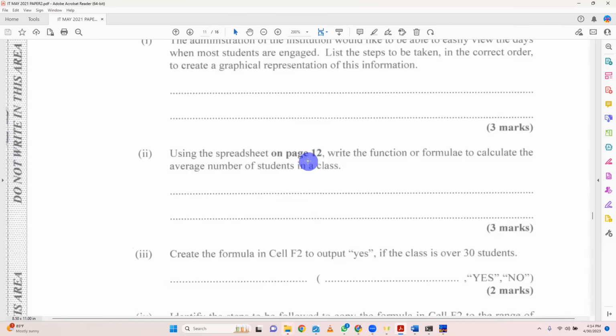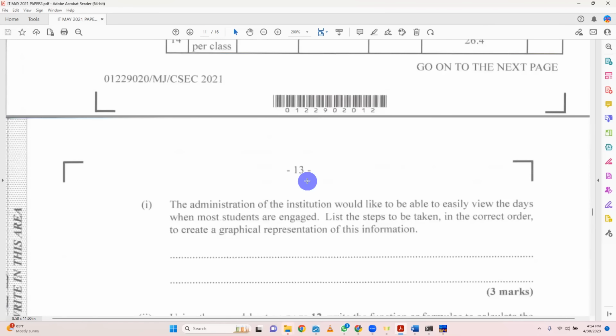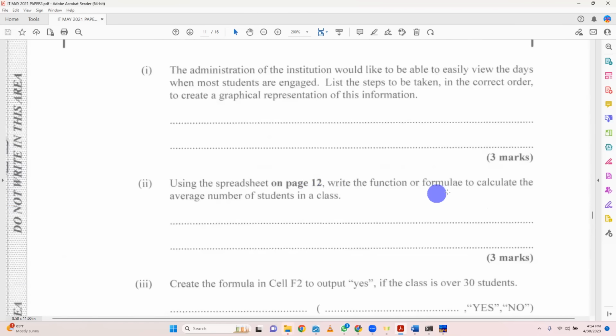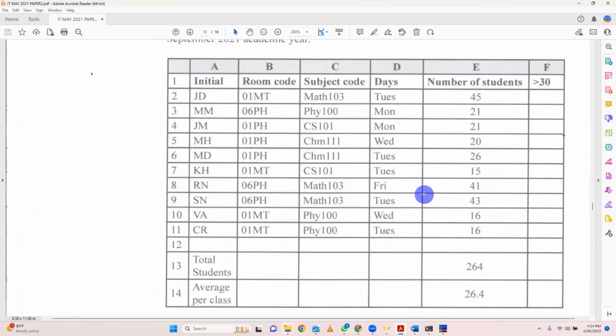Using the spreadsheet on page 12, write the function or formula to calculate the average number of students in the class. All right? The function or the formula, that's what I said. I'm going to ask you for the function first. So, some smart person, tell me now, the function would be? Equal AVG from,